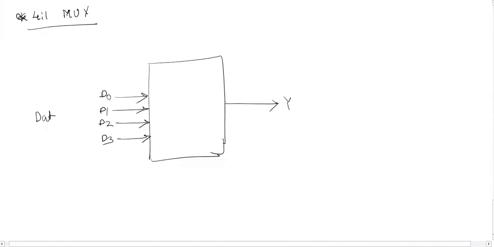These are the data inputs and this is the output of the 4:1 multiplexer. Now when I am using a 4:1 multiplexer, how many select lines should be required? We know that we have a formula 2^n. When I have that many data inputs, n is the number of select lines.